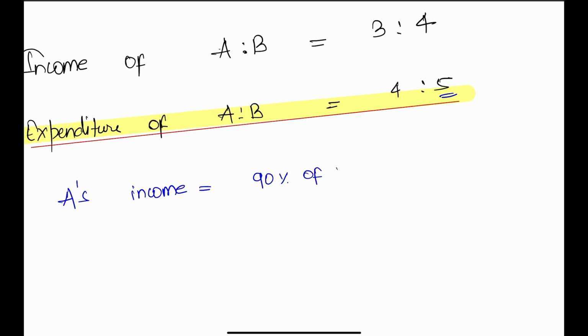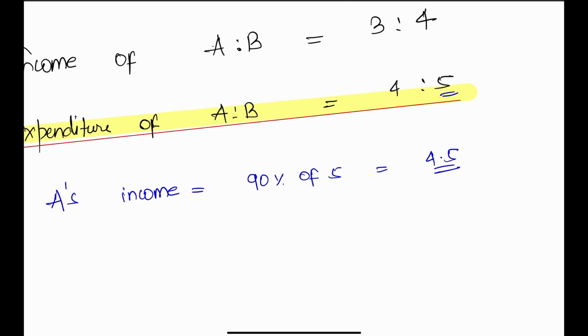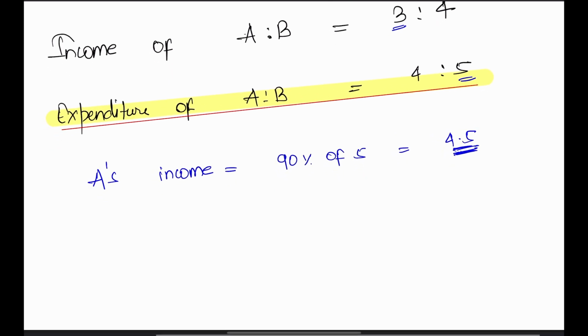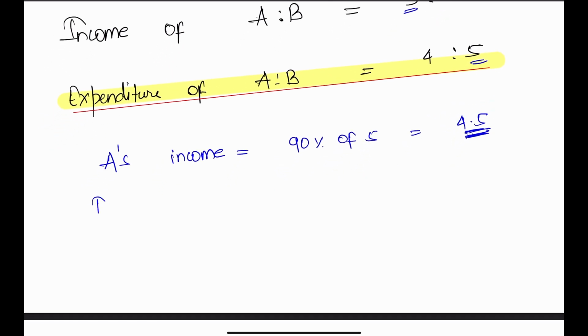So 90% of 5, how much will it be? 4.5. So I can say this 3 over here is my income. This is equivalent to 4.5. So I can write here again, income of A is to B is equal to,